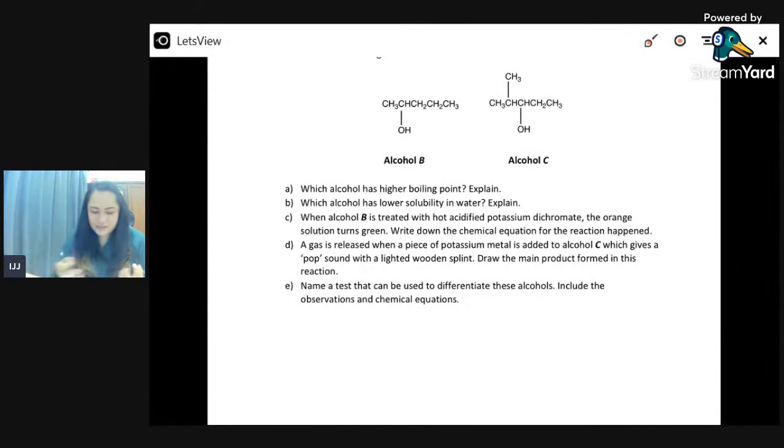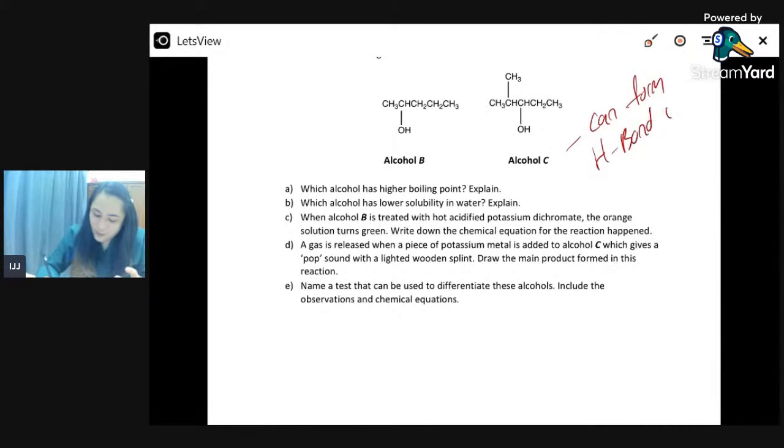Now, next. Okay, it's a very simple question, but if you understand, I emphasize on it. Why? Okay, why do I emphasize on it? Because almost every chapter they will ask you the same question: boiling point, solubility. So now we're going to the next question. Now, solubility in water. So when question asks whether your compound is soluble in water, then you need to check if your compound can form